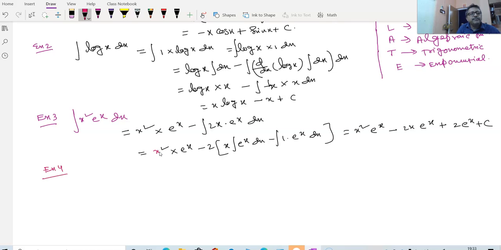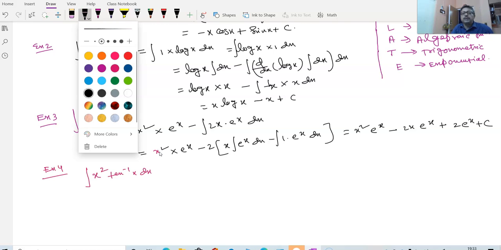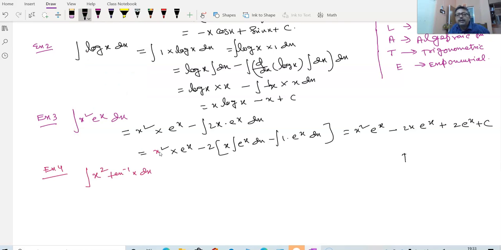Now suppose we have the product of this thing: x square into tan inverse x. Tell me how to do it by using the Euler rule. If I consider the Euler rule, then x square is algebraic, tan inverse is inverse. So inverse will be the first one. We will have to write this manner. Tan inverse x